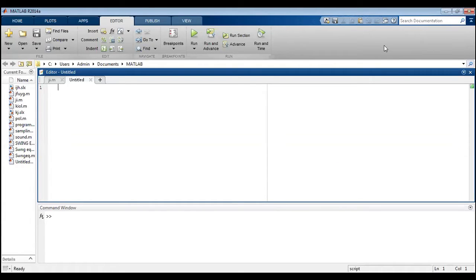For designing your analog filters, we have to find out the order of the filter with the given data. Then we have to find out the cutoff frequency omega. Whether it is a low pass filter or a high pass filter, depending upon the transformation, if it is a high pass filter, first we have to design a low pass filter. Then we have to do a low pass to high pass transformation.